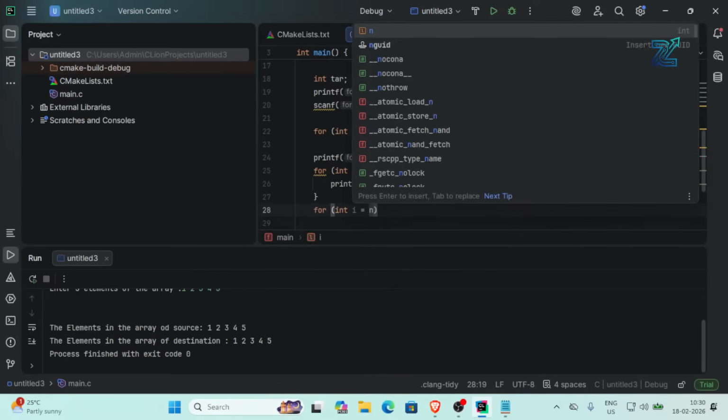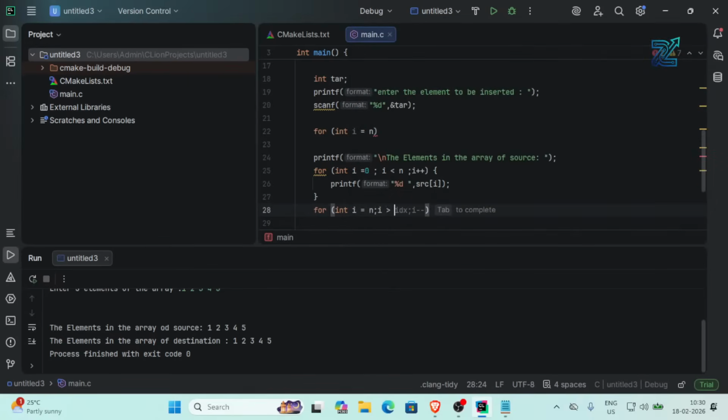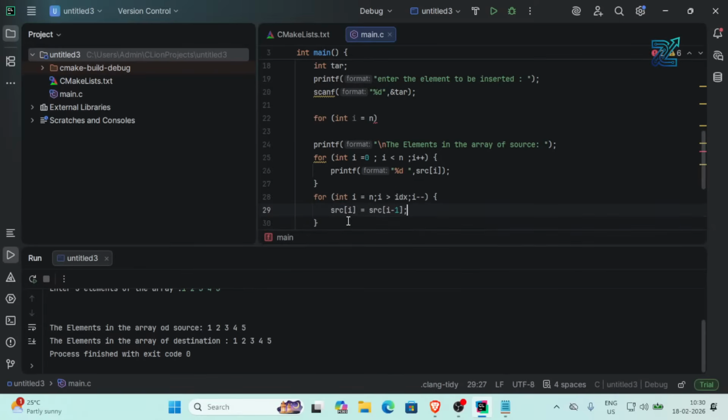So after that, I is greater than the current index and I minus minus. So here what we are doing is, the current index value before element, we are shifting elements by one step. So that time we will be shifting the current element to the next element. So we have to specifically push the element towards it. So after this for loop,